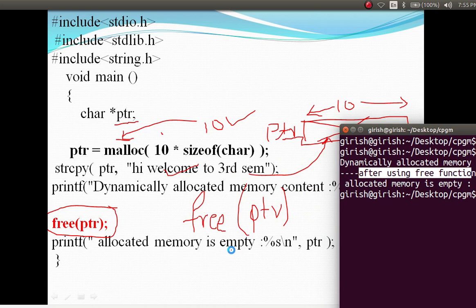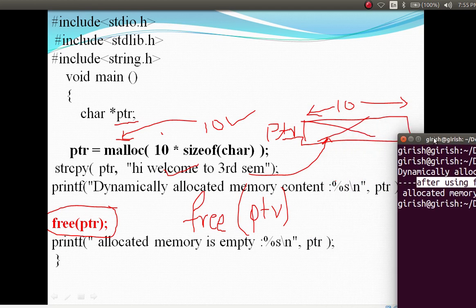So here the allocated memory is empty, and we are displaying the memory address ptr. Previously when you displayed ptr here, you got the output "hi welcome to third sem". Okay, but now you are using the free function.